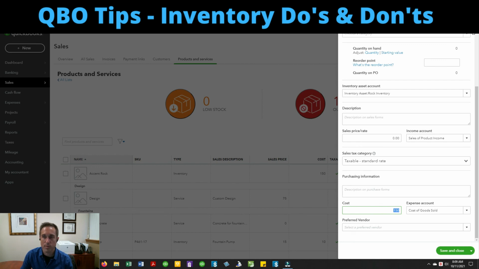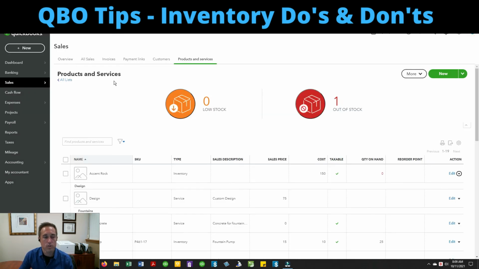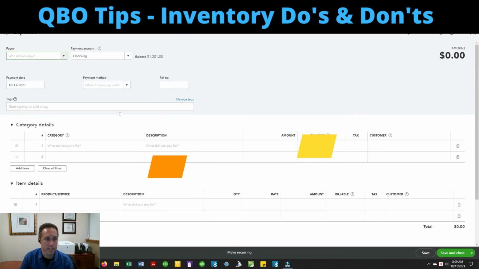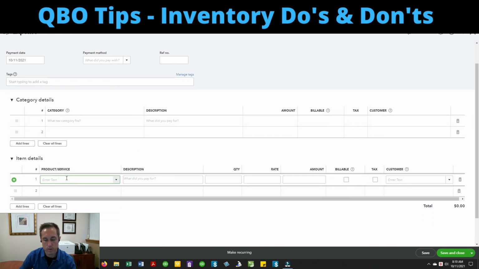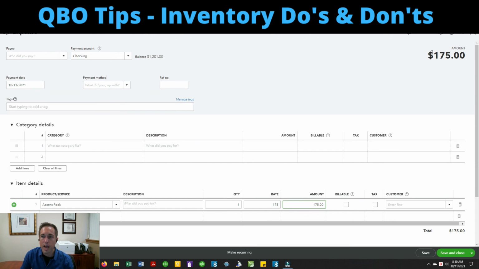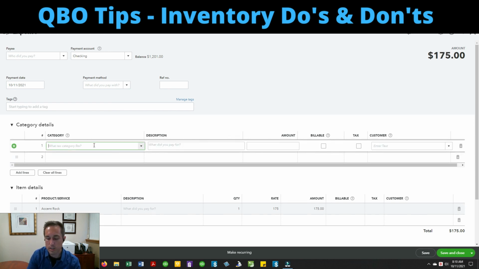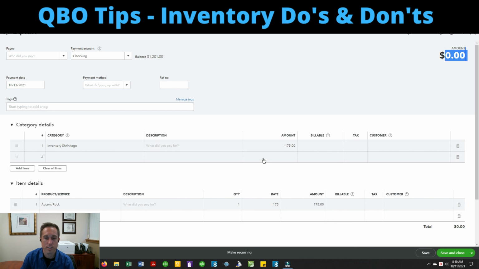Your inventory adjustment is going to be off. So what you can do here is do what I call a manual adjustment. So if you just make a new, I usually just use an expense item here. You can do an accent rack for $175. So I'm receiving this into inventory for $175, but I didn't pay $175. I'm just trying to move it from somewhere because it's an adjustment to get my inventory correct. So here you can do your inventory shrinkage or whatever adjustment account you're using and use a negative amount to balance that out. So my expense amount is 0, so I'm posting a 0 transaction.